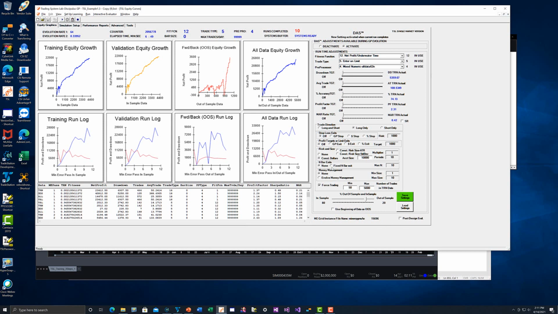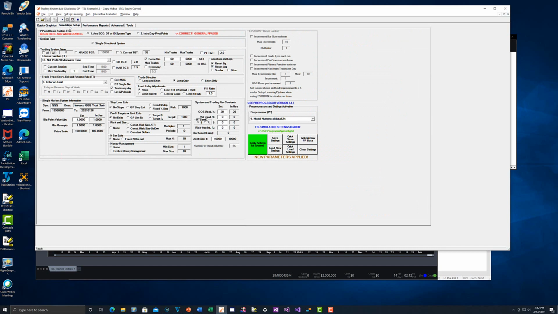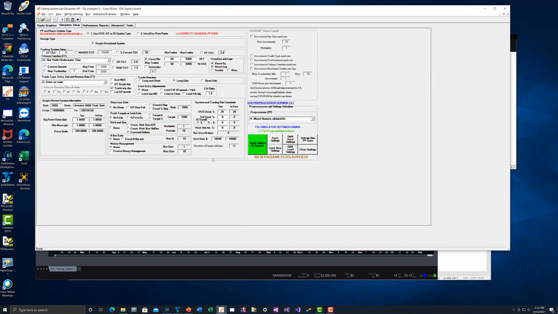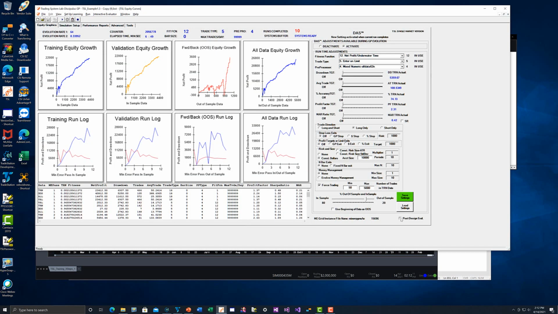In my particular GUI, it's located right here, post-design evaluation. In versions that are one version old, it would be located down in here. So click on that, post-design evaluation,